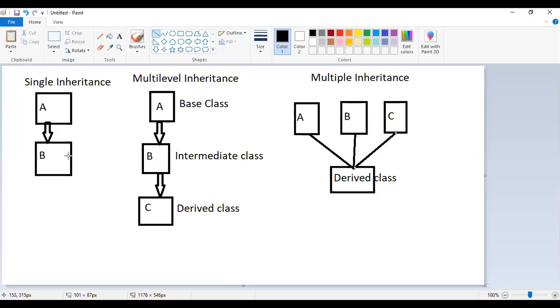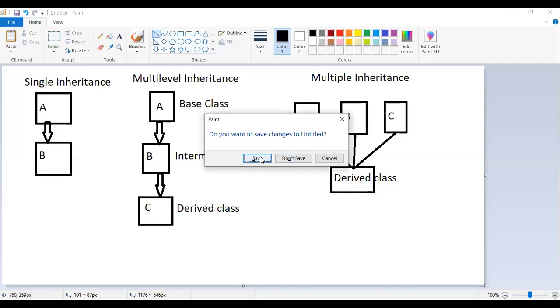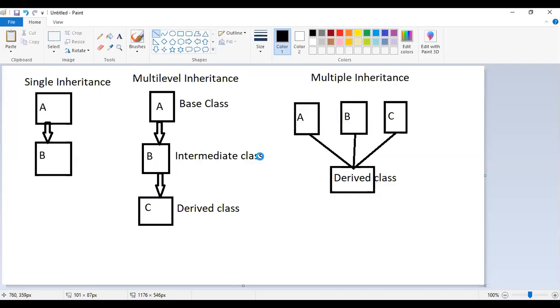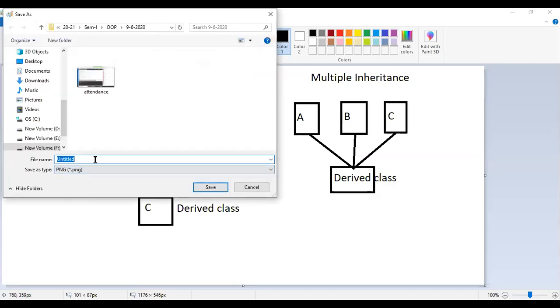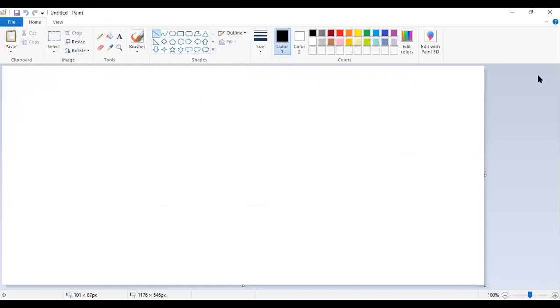So next one, which is that? Hierarchical. Or before that, we will just draw the hybrid. What is meant by hybrid?